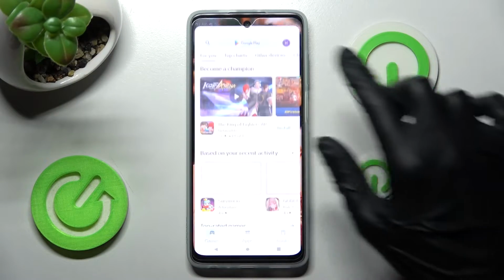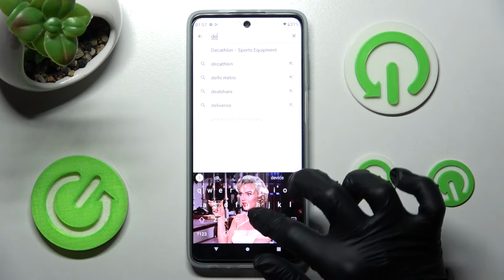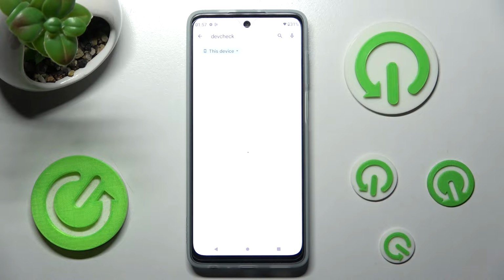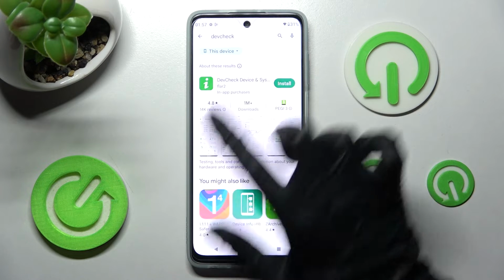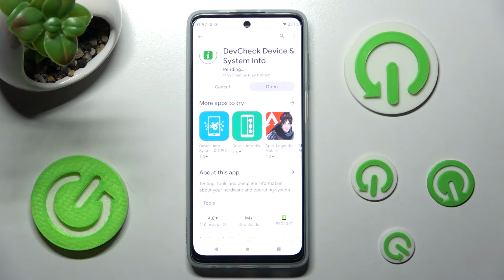Begin by opening Play Store and tapping on the search bar. Then you need to type in dev check, like that. Following that, install this free app from Flare2 developer, DevCheck Device and System Info, and when your app is ready,